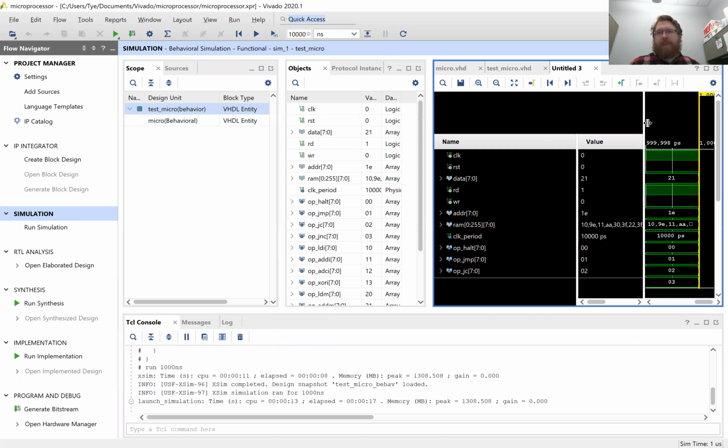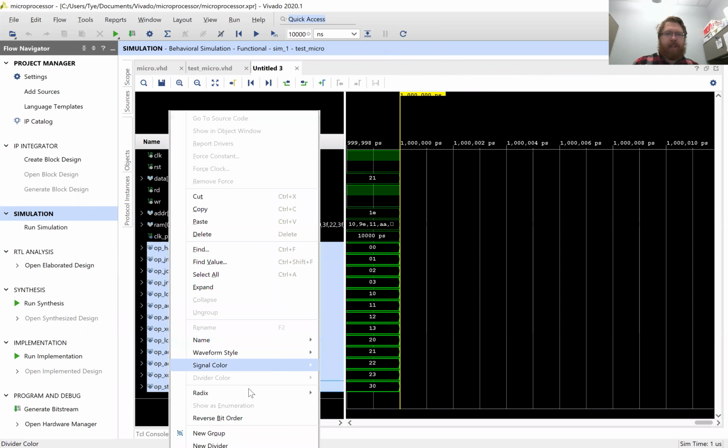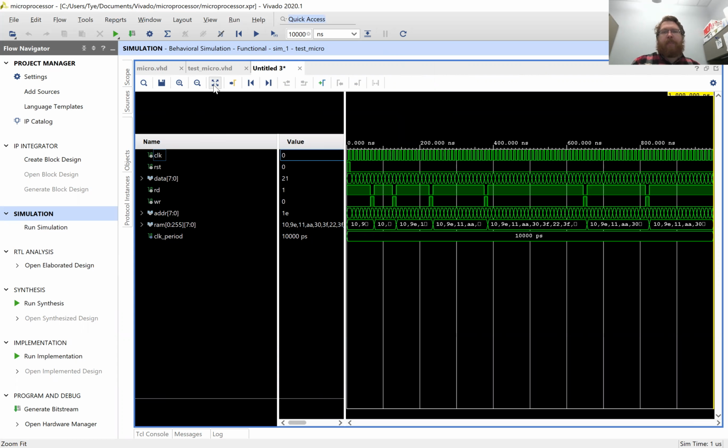Okay, so let's start just by looking at this guy, right? So I have all of these opcodes. They're in here because they're signals, but they're constants, so I don't really care about those. So I'm going to highlight them all and delete them just so they don't clutter up my test bench. Now, part of the issue is here, I can't really see what's happening inside of my microcontroller, and that's a